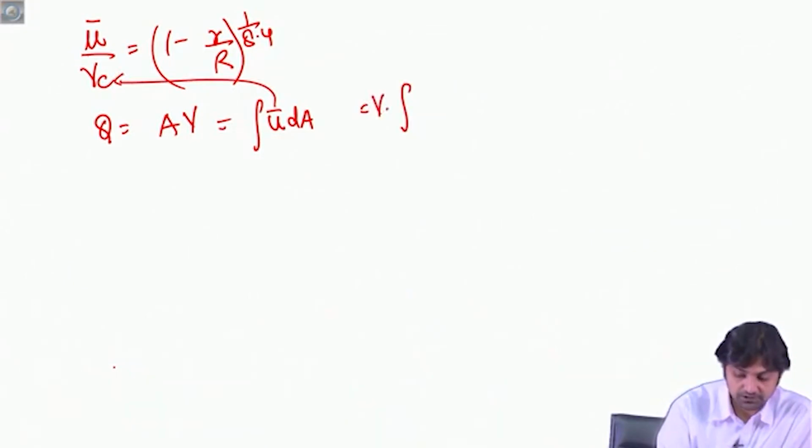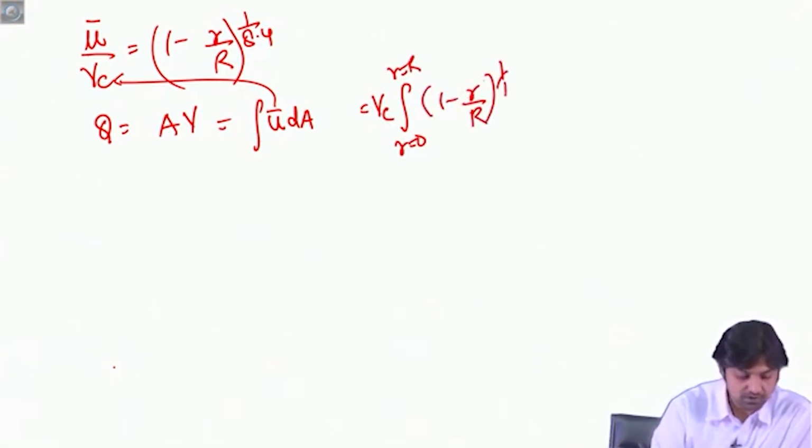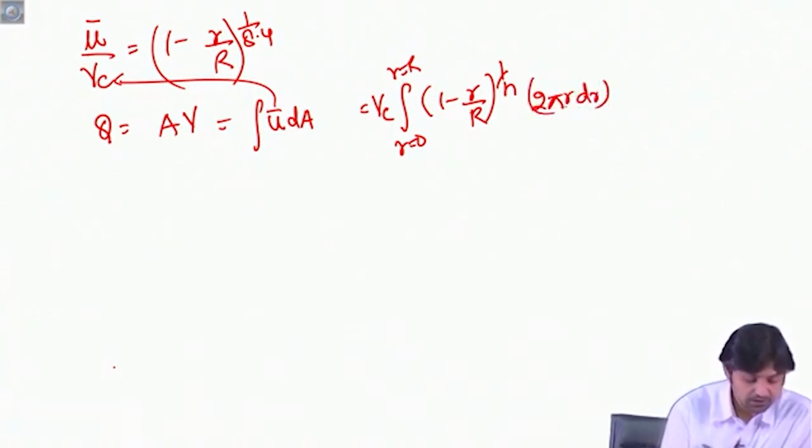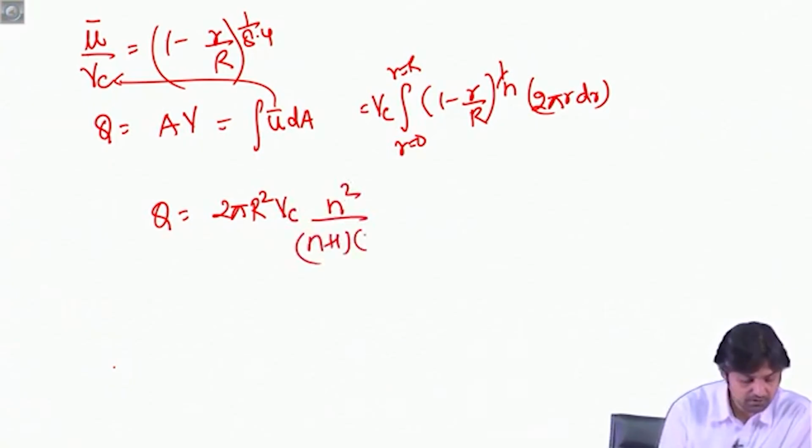So Vc will come out, and r is equal to 0 to r is equal to capital R, 1 minus r by R to the power 1 by n, and integral 2 pi r dr. We integrate. Okay, and after integration we will get 2 pi R square Vc into n square divided by n plus 1 into 2n plus 1. Now we substitute